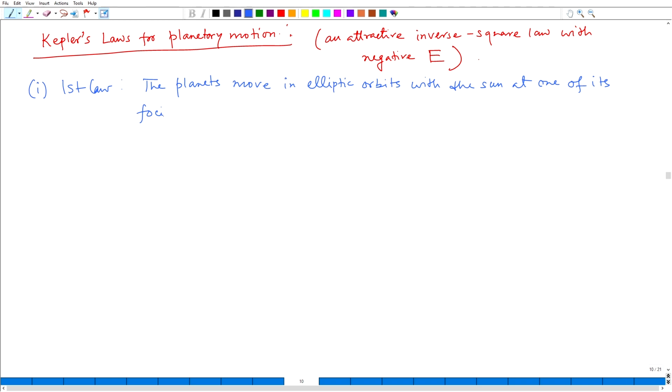There are 2 focal points of an ellipse, and so the point is that the first law simply said